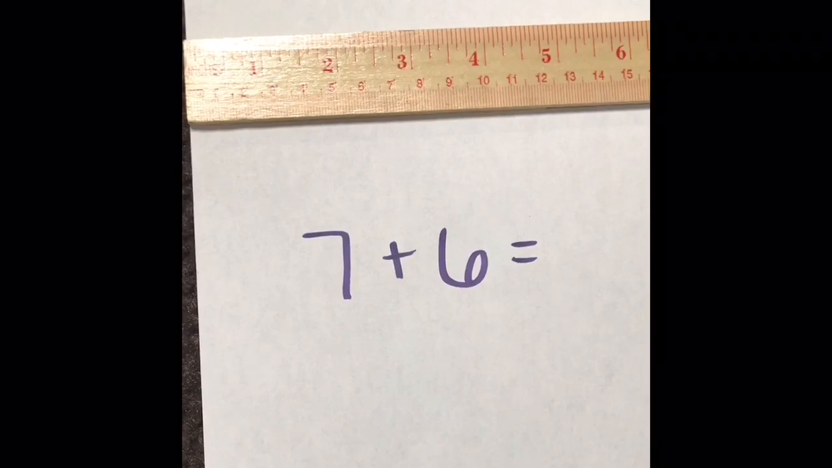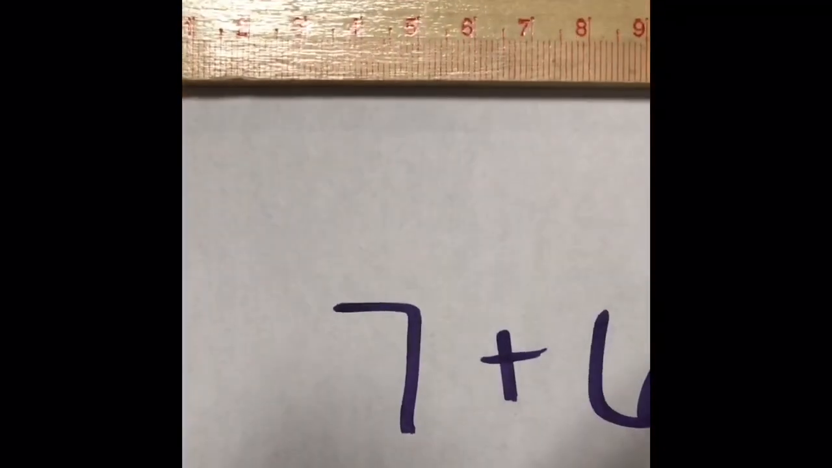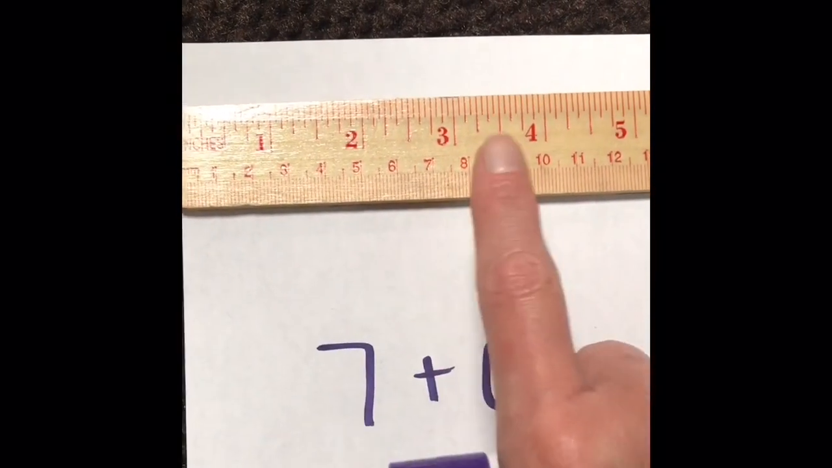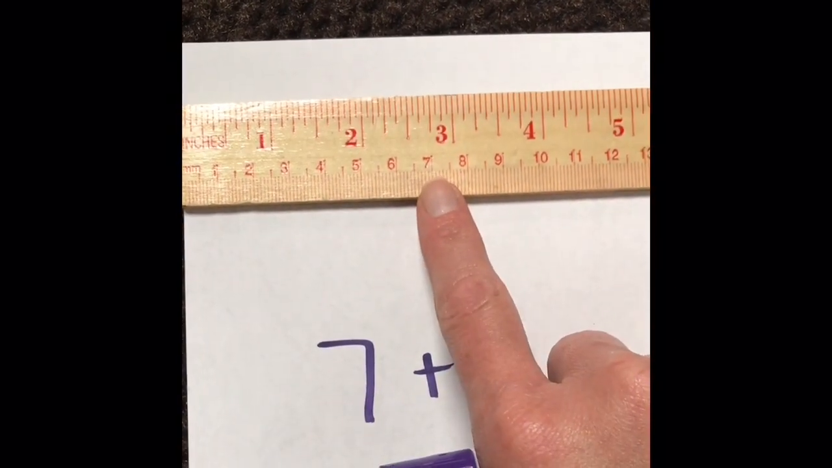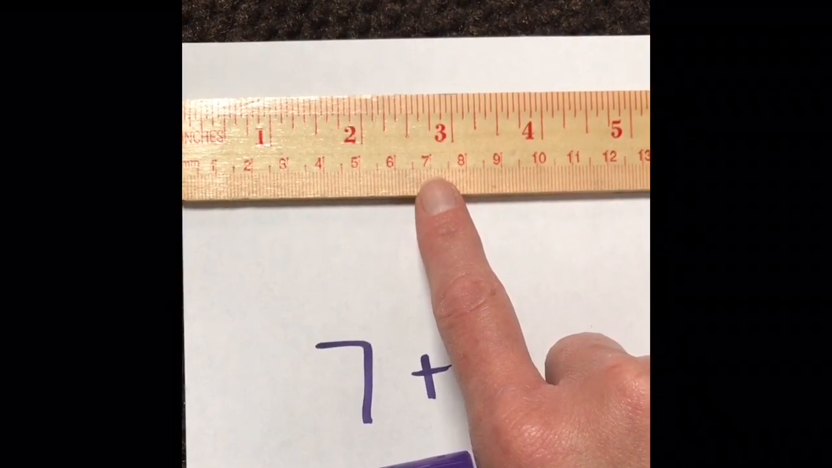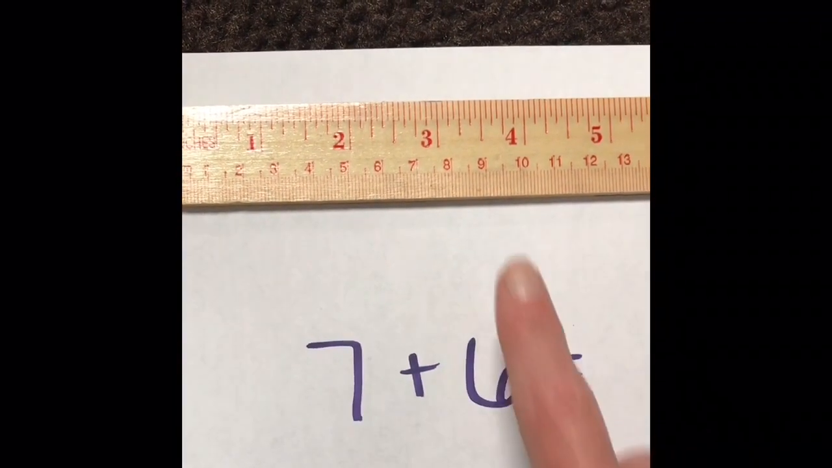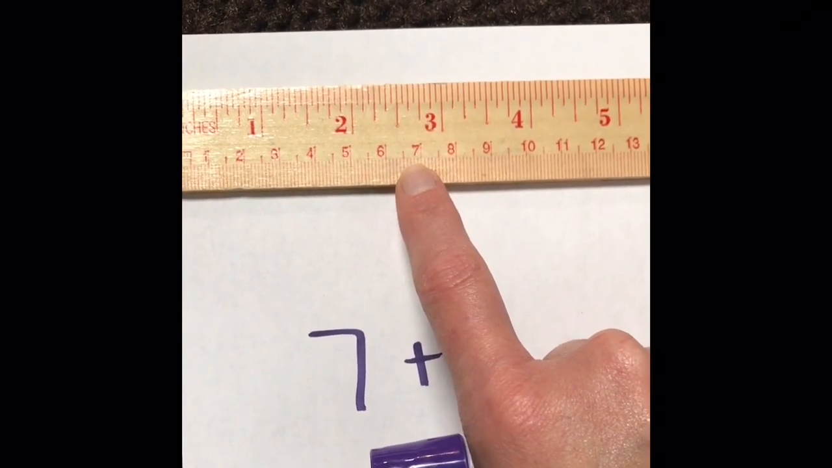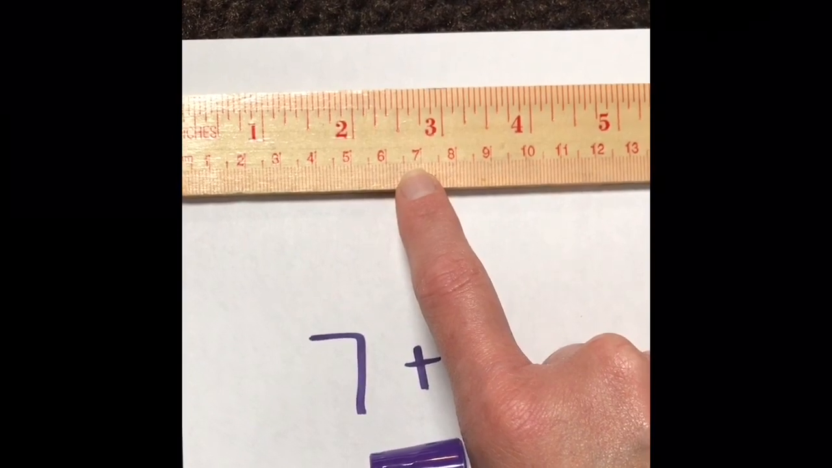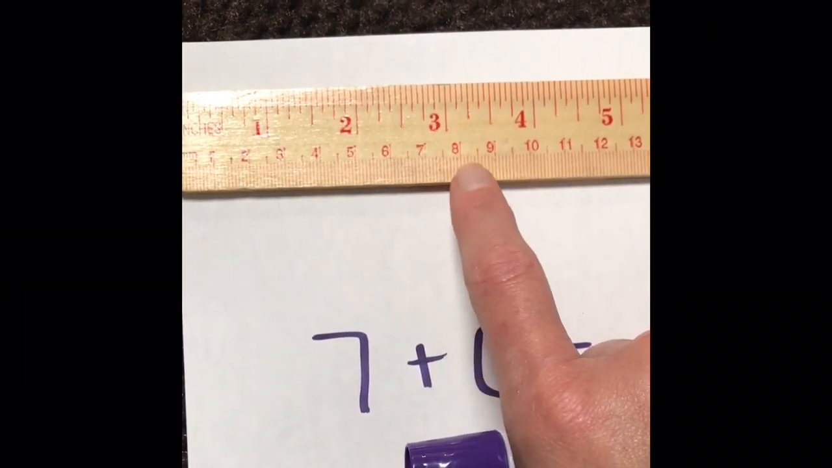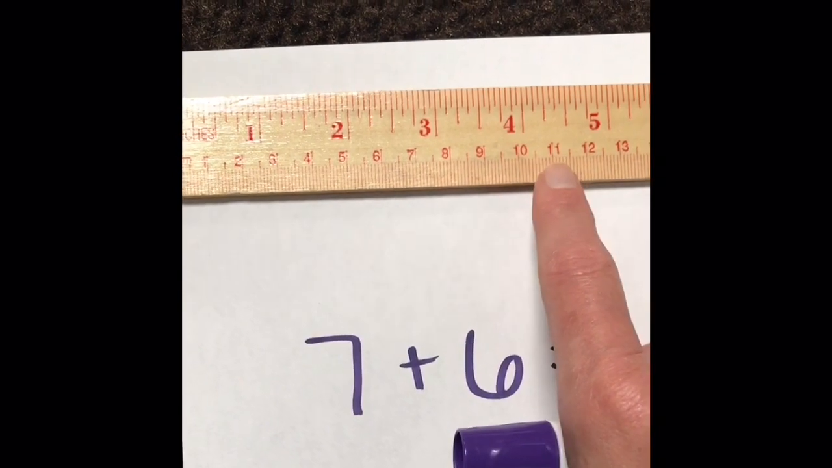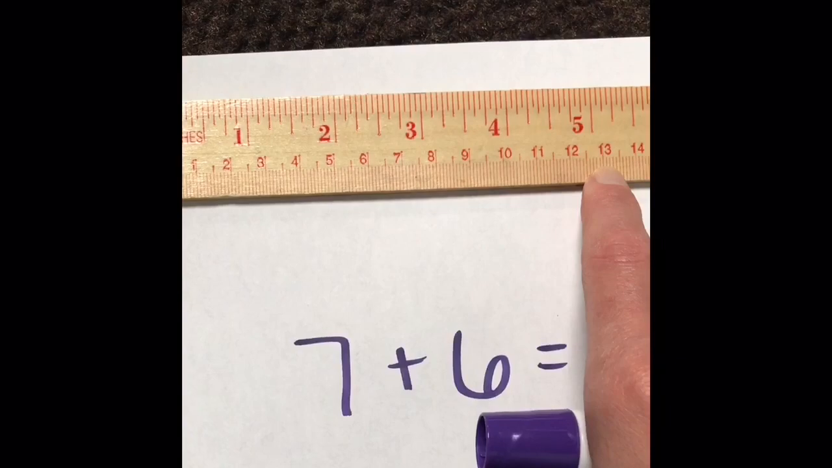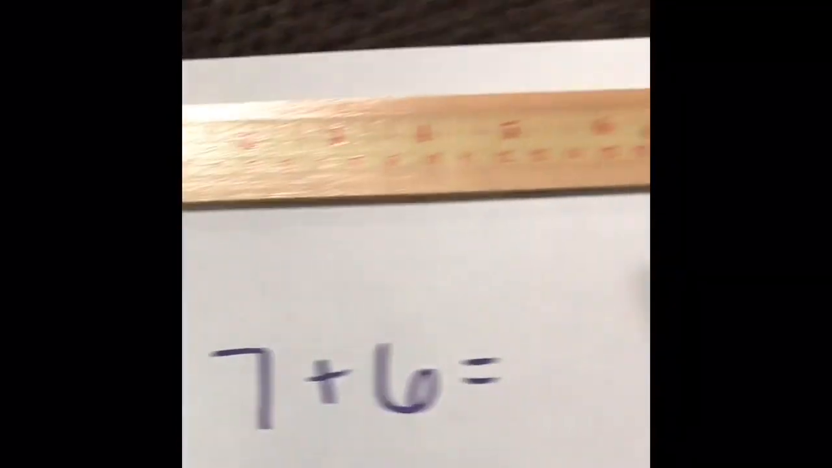The first step of using a number line is to look at the first addend and then point to that number on your number line. So this is a 7, so I'm going to point to the number 7. The next step is to look at the second addend, which in this case is 6, and to move my finger that number of times. So I'm starting at 7 and I'm going to move my finger to the right 6 times. 1, 2, 3, 4, 5, 6. I have landed on the number 13, which means that 13 is the sum